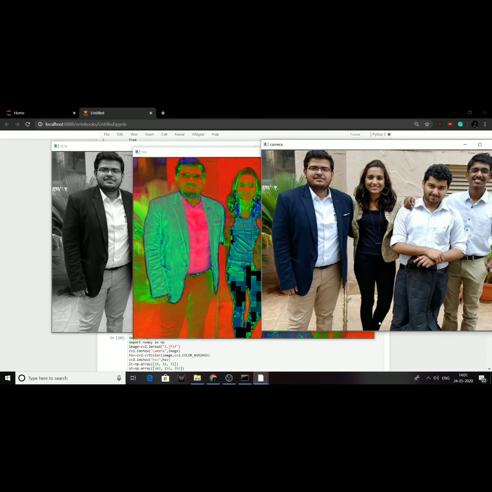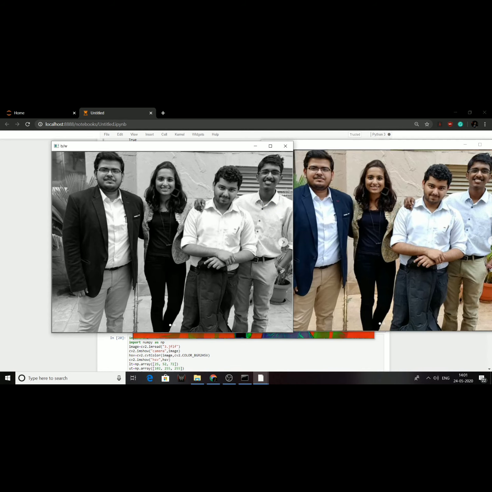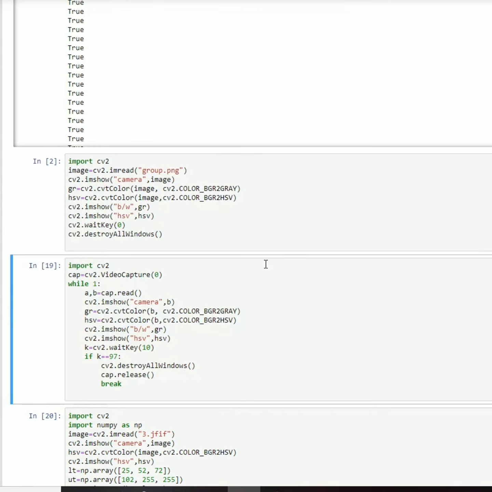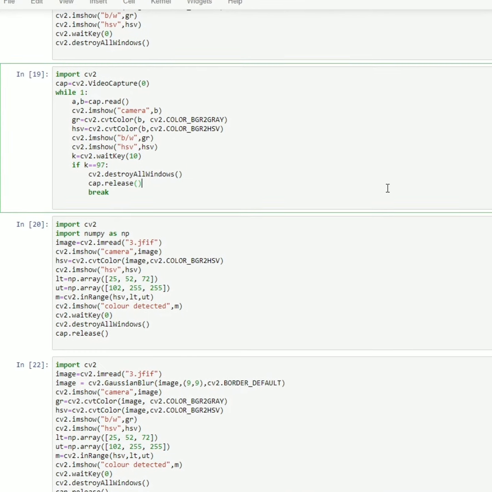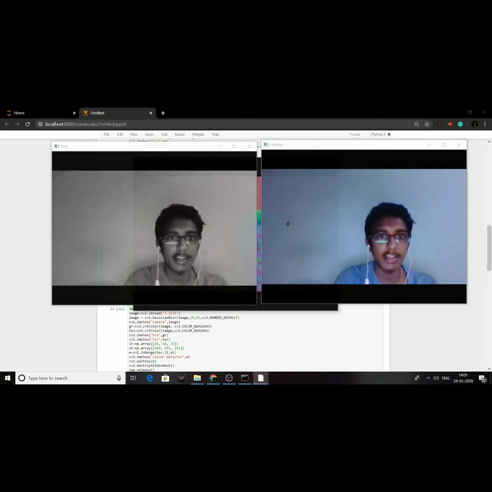Yeah, this is the original image, and this is the grayscale image. I like this grayscale image so much because see the quality of this image, the exact same color intensity in the color image has been turned to black and white. So as usual, I didn't give any condition. If I press any key on the keyboard, the windows disappear. Yeah, now let me show this live also before explaining the HSV.